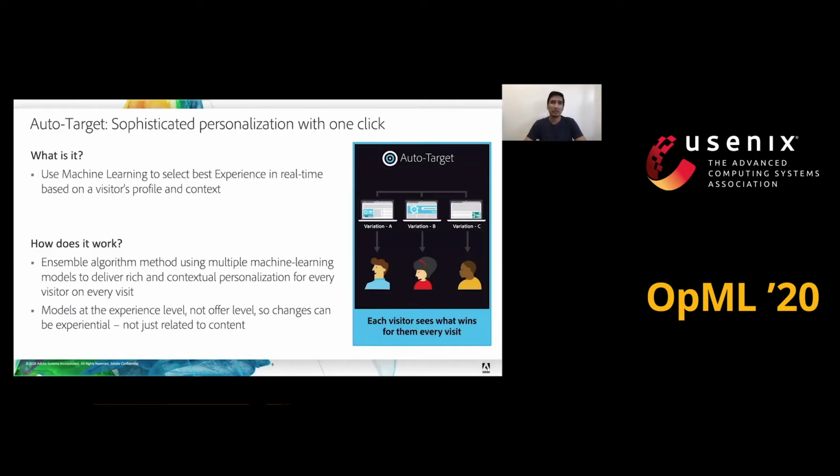So what is the auto-target product? Our out-of-the-box algorithm is essentially an ensemble method of machine learning, which combines non-contextual Thompson sampling with an epsilon greedy random forest. The random forest basically uses customers' profile values, like the number of previous times we've seen this end user, the profile segments that that end user belongs to, as well as contextual data like the time of day or the URLs that they have visited in this current session,